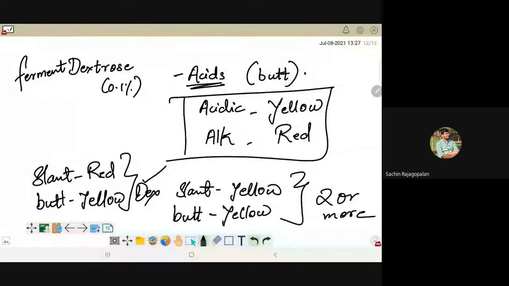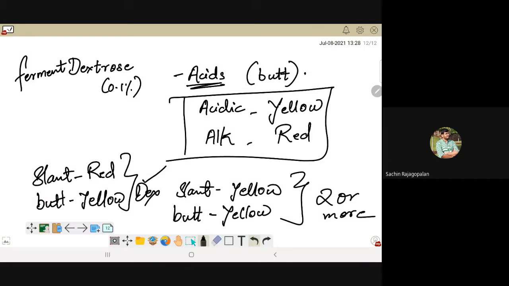But if it's able to utilize 2 or more sugars, the acidity produced is so high that it is going to take a lot of time for it to exhaust all 3 sugars. 24 hours, I mean, is very less for it to exhaust all 3 sugars in these concentrations. Okay, so maybe prolonged incubation के बाद जब सारे sugars खत्म हो जाएंगे, फिर वो पेप्टोन खाने को चालू करेगा. लेकिन हम रिजल्ट्स 24 घंटे में ऑब्जर्व करने वाले.